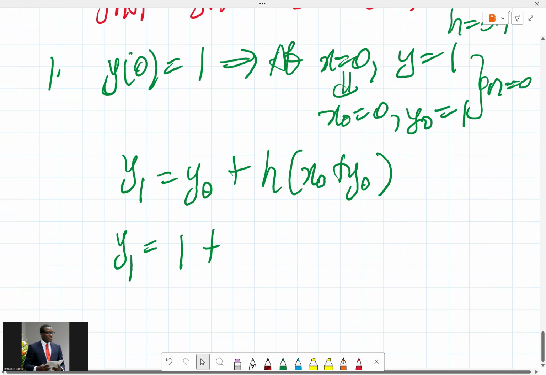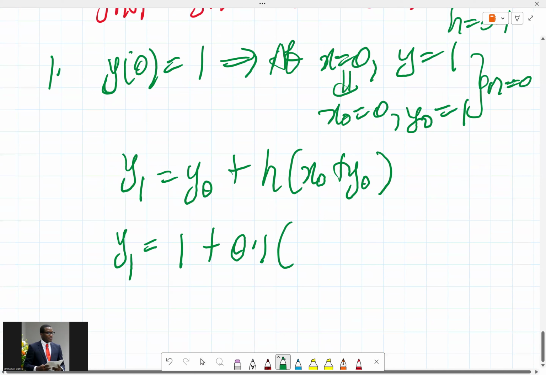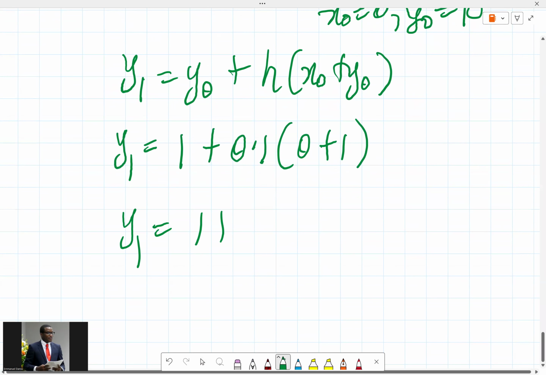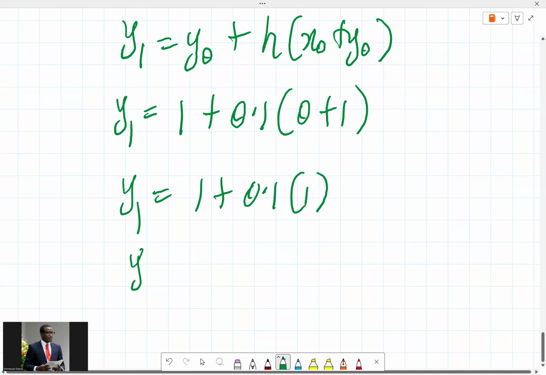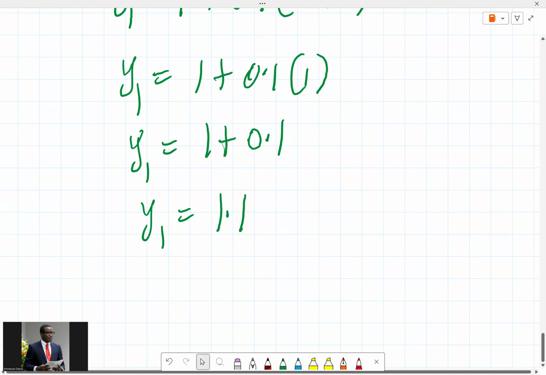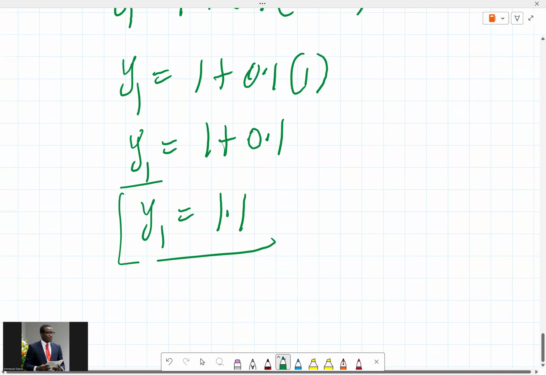So we just have 0.1 into x plus y. So x naught is 0, y naught is 1, like that. So that means that y1 is equal to 1 plus 0.1 into 1. So y1 is equal to 1 plus 0.1 times 1, which is simply 0.1. So that means that y1 is equal to 1.1. Okay? So corresponding to this will be